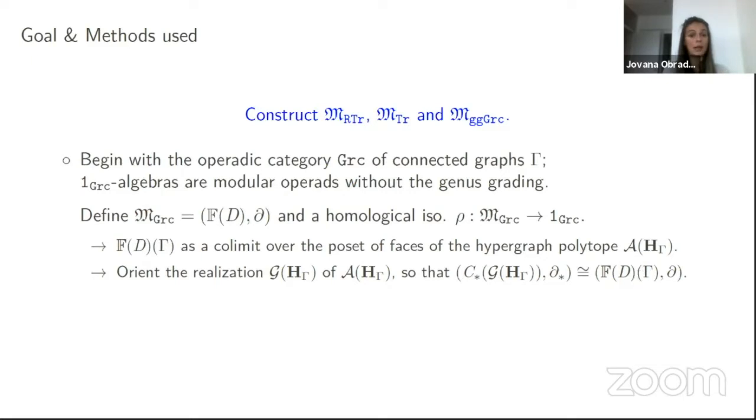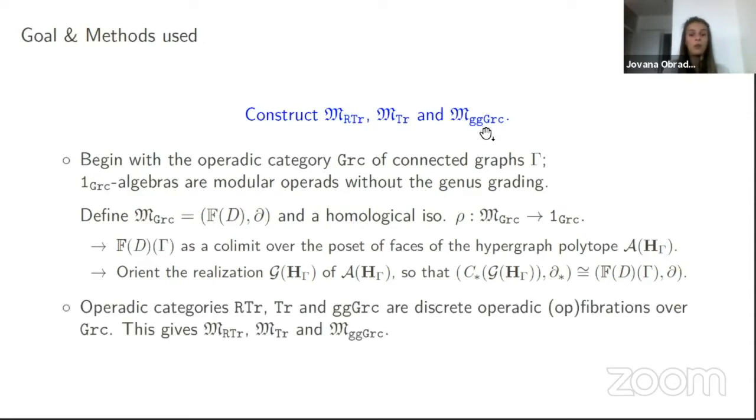All right, so as I said, once we know what this looks like, we get these three for almost free, namely the three operadic categories of interest are obtained from GRC by iterated discrete operadic fibrations and opfibrations. And we show in our paper that these maps transfer minimal models. Okay, so these are the contents of our paper. And today I would just like to go through the first item and to describe this nice idea of representing this ugly DG operad in a very tangible geometric way.